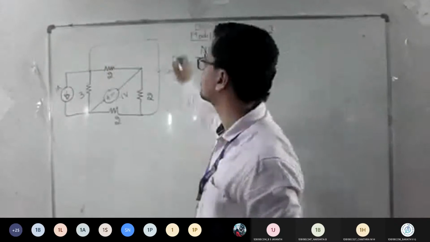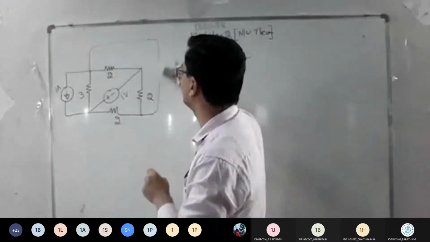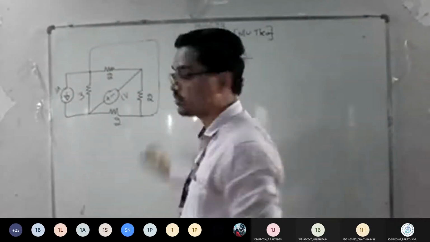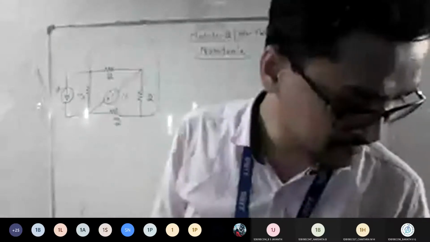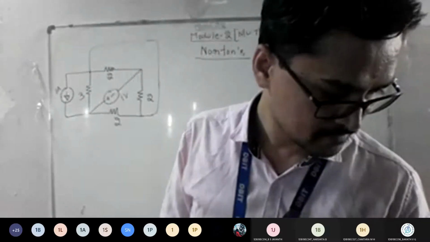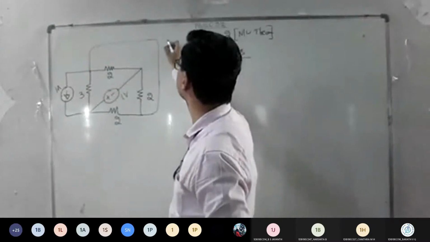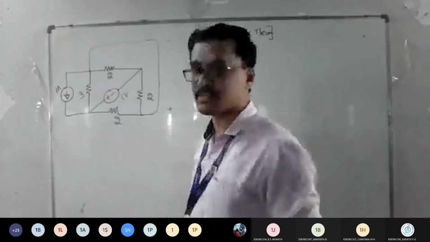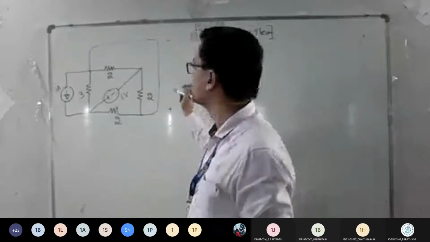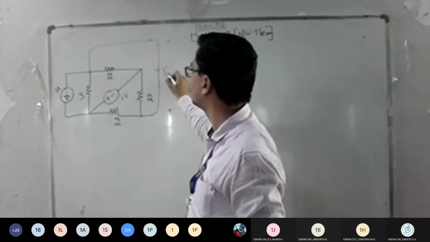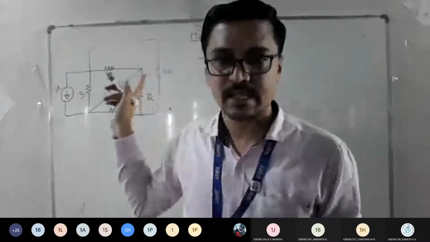Norton current. See, since the plus minus is like this, we will have to change the direction. So the question has not given a direction, right? The question says it's minus plus, given like this, at terminals A and B. So it means the direction should be downwards. Am I clear with this? Everyone?